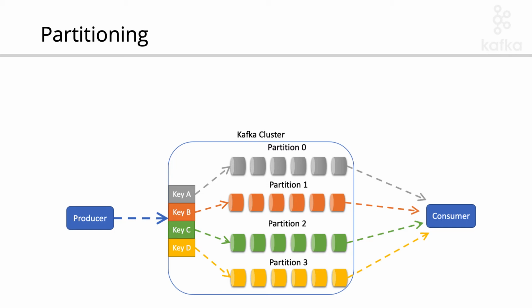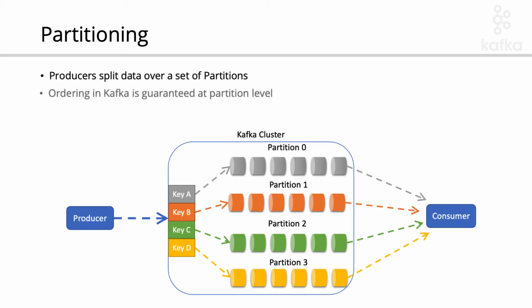So being a bit more technical, Kafka divides the topic into partitions, and each partition contains a subset of messages in an unchangeable sequence. In fact, the data in the topics is unchangeable. When you create a topic, you have to specify the number of partitions of that topic. You have to specify also a few other parameters, like the replication factor, but we'll see that in the next videos.